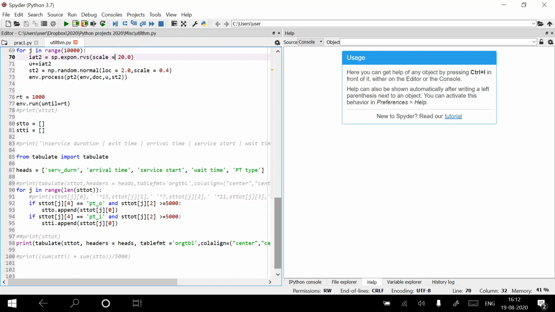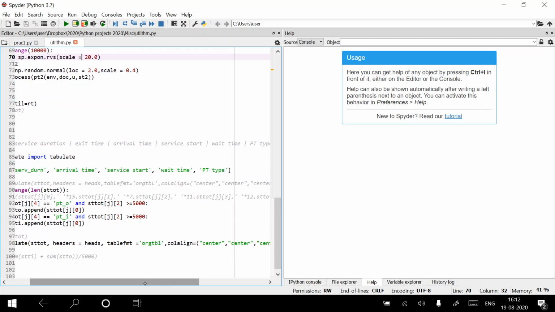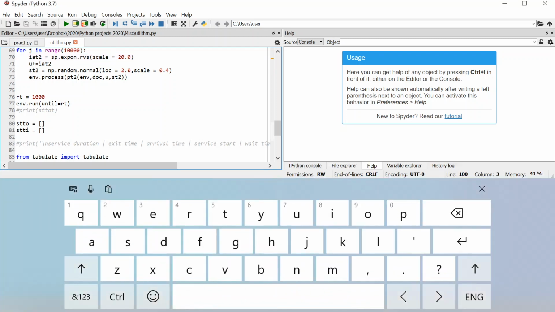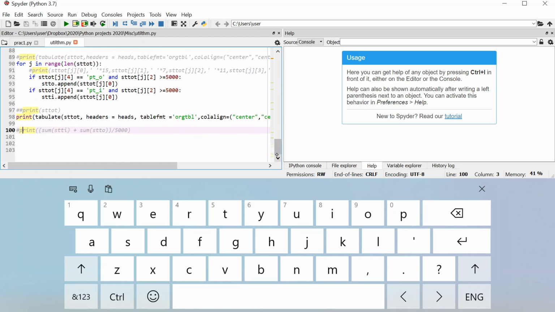What is the utilization of the doctor? That is also something. If I was managing the clinic, I would want to keep my doctors reasonably utilized, but not maybe too crazy. Also, remember, getting very close to utilization of one is not necessarily good, right? So that's what we are collecting here. What I'm actually collecting in the outputs here is wait time, of course, and also utilization, which I've commented out for now, but we can easily remove that, right?